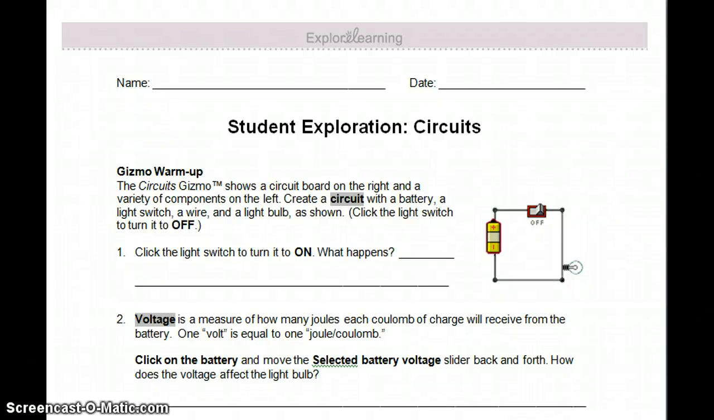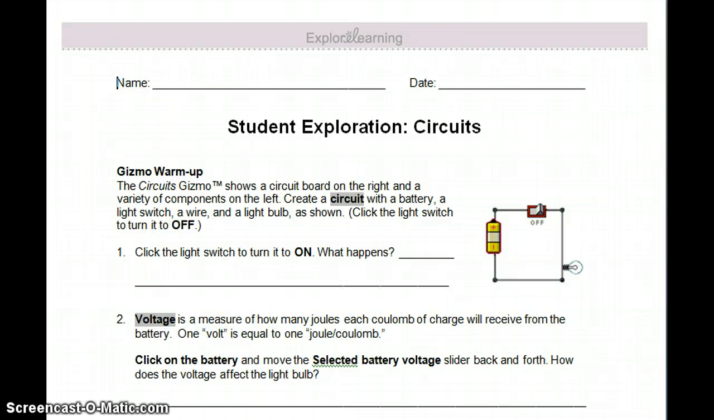The next several lessons are centered on students exploring electric circuits. We're going to be using a web-based simulation that allows students to build circuits and measure various properties. The handout is shown here, and it can be downloaded from the website, explorelearning.com. There are three activities that I want the students to do over the course of this week, and after